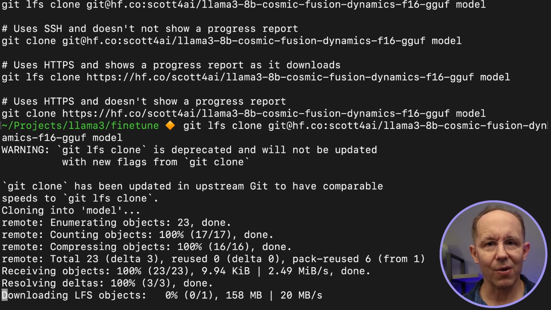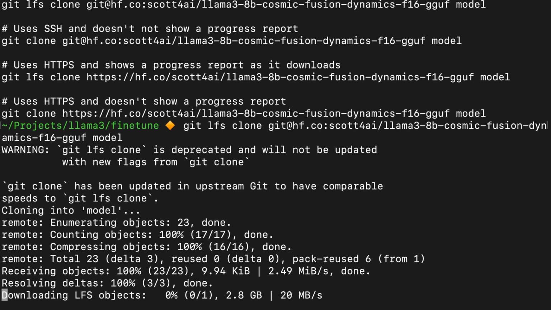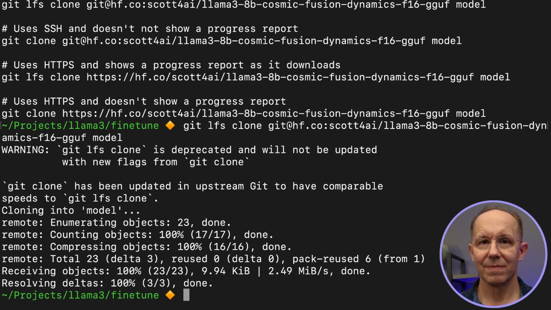This is going to take a while, so I'll speed it up until we get to the end. Okay, and with the model downloaded, we can now tell Ollama to load the model and prepare it for inference.